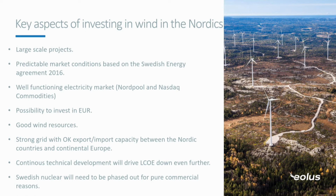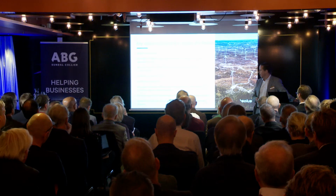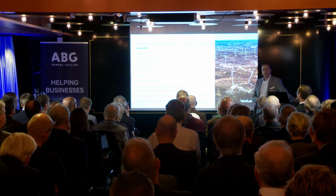regarding production. We have a functioning electricity market where we can trade both spot and we can trade futures. It's possible for investors to invest in euro. Electricity prices are traded with euro as currencies, and with, as it seems at least, the Swedish krona always losing ground compared to the euro. Of course, it's been very interesting for euro investors to invest in Sweden. We have good wind resources, quite strong grid compared to other markets,